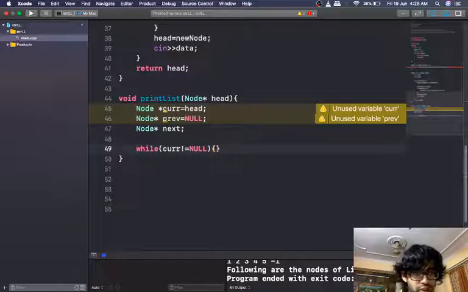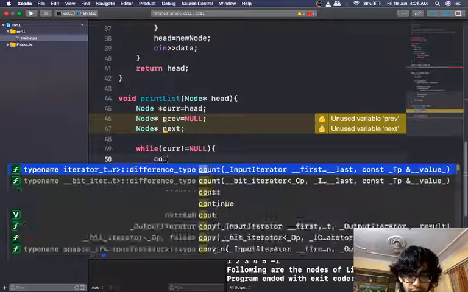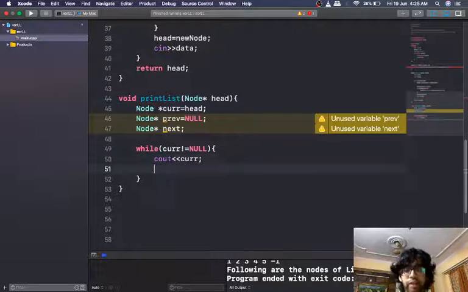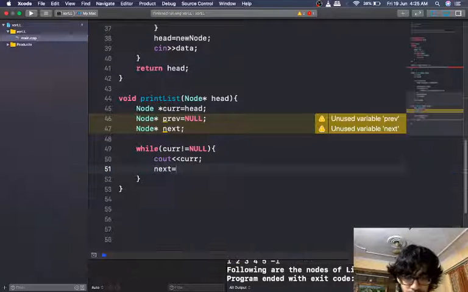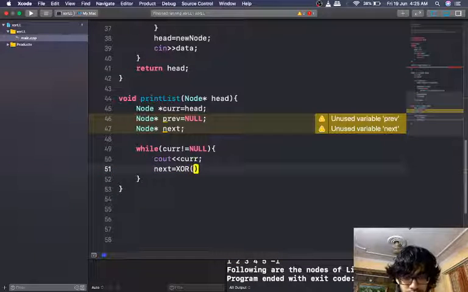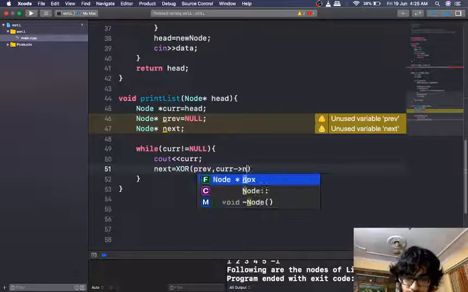We will simply print current, and in order to print the next element we need to update our current. So for updating our current we have to XOR previous with current next.